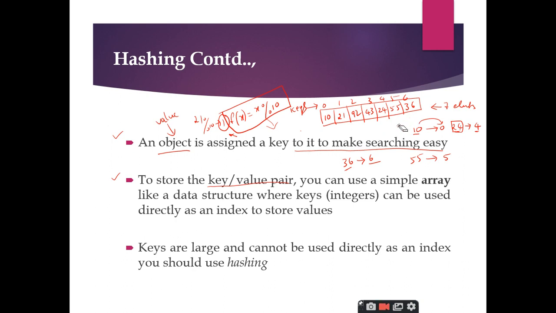Let us see how deletion is performed. The deletion operation is almost the same as insertion. For example, if I want to delete 24, I will again apply the hash function, whatever hash function I have defined here, on this 24. So what is the hash function applied to it? 24 modulo 10. The key that I get is 4. So I know the key, and I directly go to this location and search for this element. This is how the deletion or the search operation is performed. Is it clear?